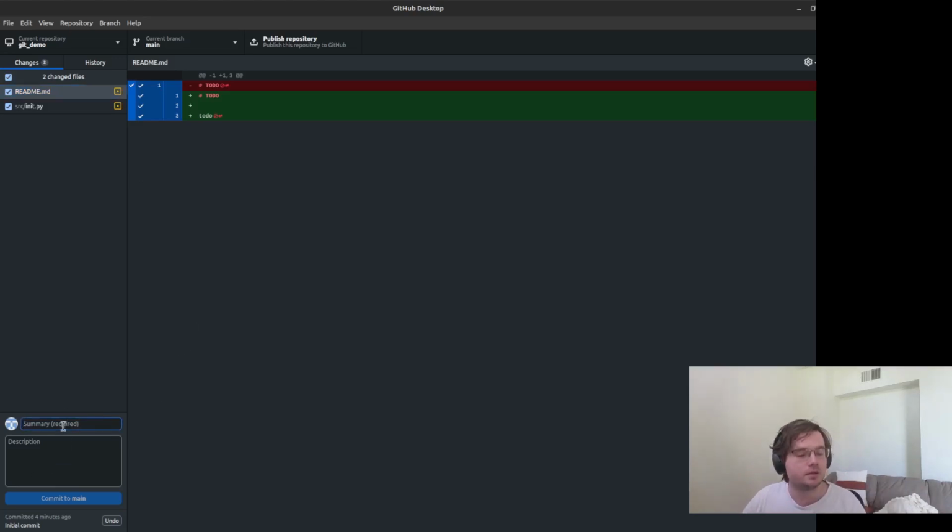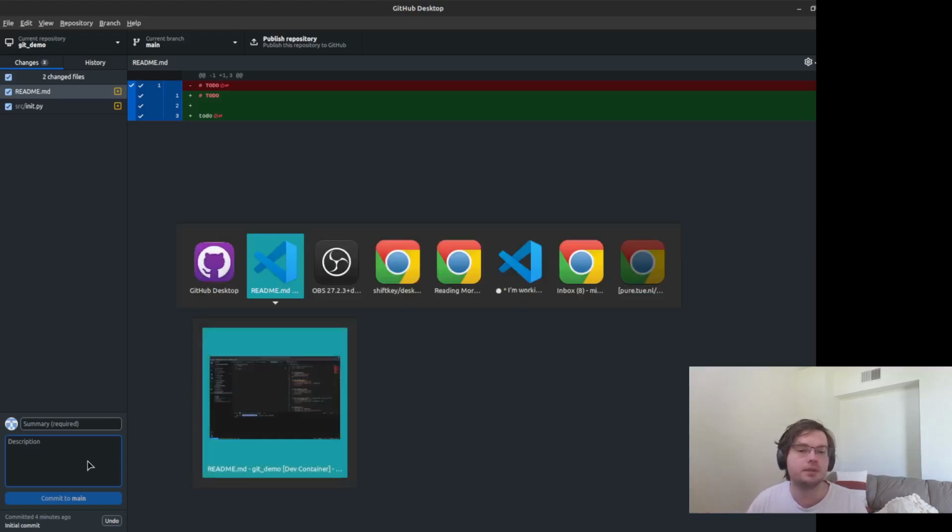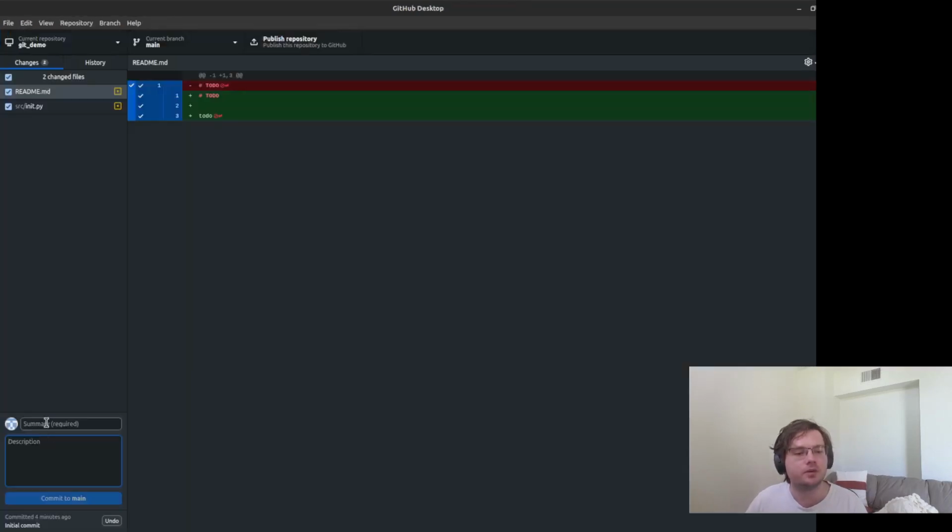So one thing that it does require us to do is to add a summary and a description for what this change is. So that's useful because if you ever need to, for example, come back to this state of the code, you need to be able to find which one it is, because it may be that over the course of several weeks, I will make maybe hundreds of commits, each with a tiny little change. And so to find the specific one that I want, that has a state that maybe, for example, is the one that Jeff used to start making his PCB design,